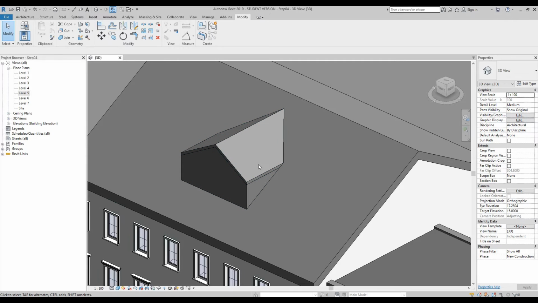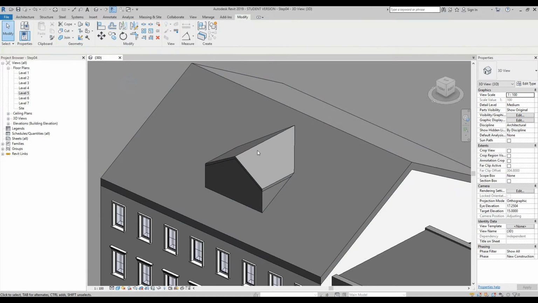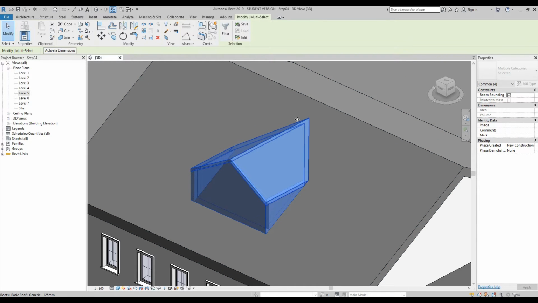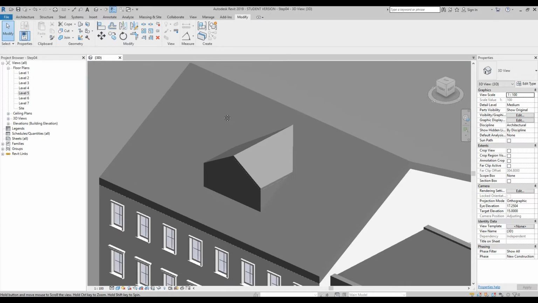Now as this is a brand new dormer, we need to make sure that it actually cuts a hole in this roof. To be able to see that we haven't cut it, let's highlight the roof that we've just made and then tab over the three dormer walls and then press the control key and then add it to your selected elements. Then if we go down to our sunglasses at the bottom in the graphic options bar and then say hide element, you'll notice that our roof has not been cut. So if we undo the sunglasses tool and press reset temporary,